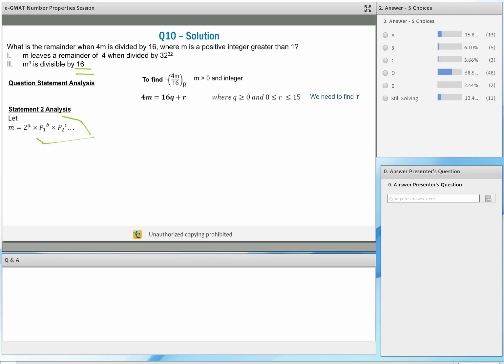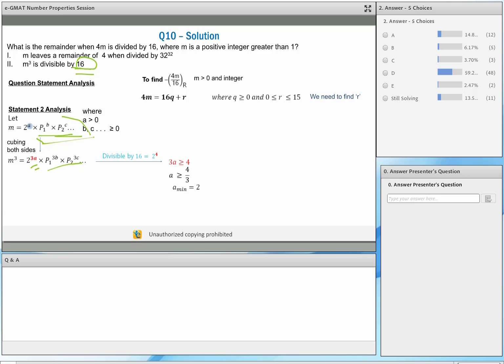express m as 2 to the power a into other prime numbers raised to the appropriate powers. Now what's given to me is m cubed. So let me cube both sides. Now when I cube both sides, what do I get? M cubed is equal to 2 to the power 3a times all these other prime numbers raised to the appropriate powers. Now I know m cubed is divisible by 16, which means 2 to the power 3a, which means